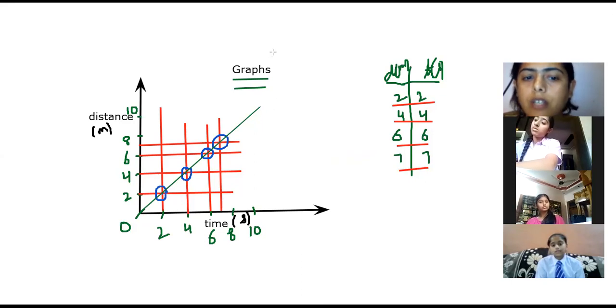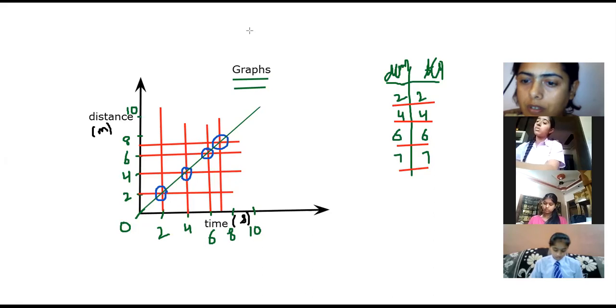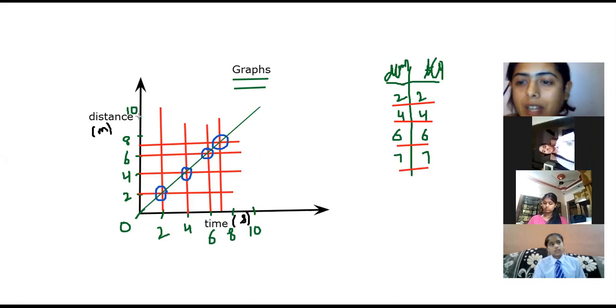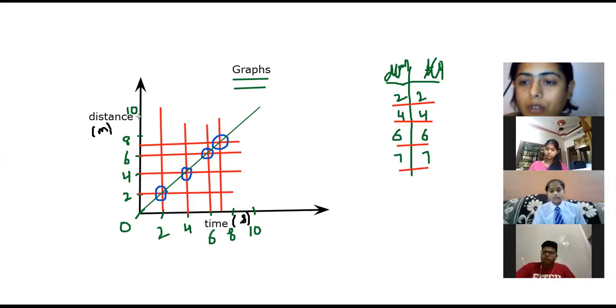Okay. Now, children, you have written the note that in the distance time graph for uniform motion, we get a straight line. Any confusion? Let's have a little confusion here. Can we? Yes, definitely. We must. Because if it comes in the exam, then that is not good. So we say that a straight line will tell you the uniform motion.